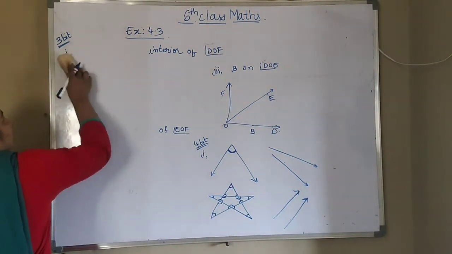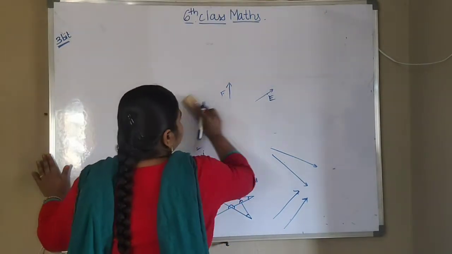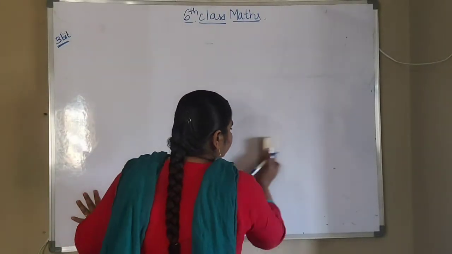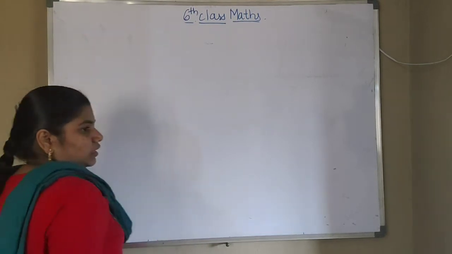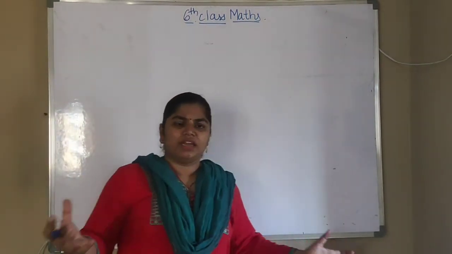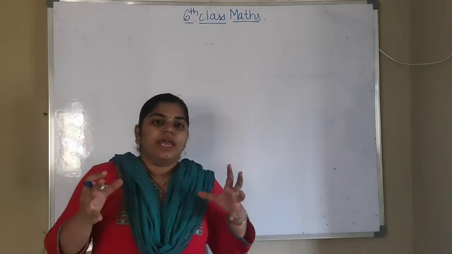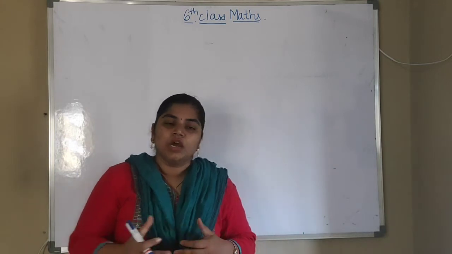Now the next topic is quadrilaterals. So what do you mean by quadrilaterals? We will see. You already know about polygons. What do you mean by a polygon? A simple closed figure with n number of line segments. It can have n number of line segments and it should be a closed figure. Any closed figure formed with n line segments, we will call it a polygon.